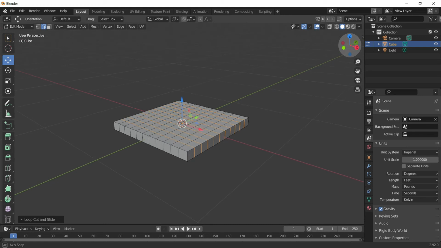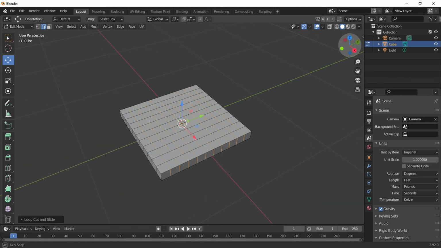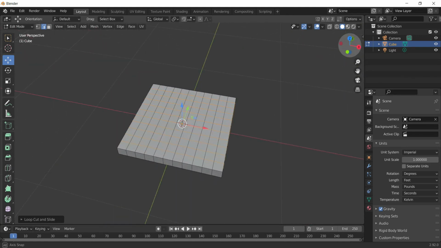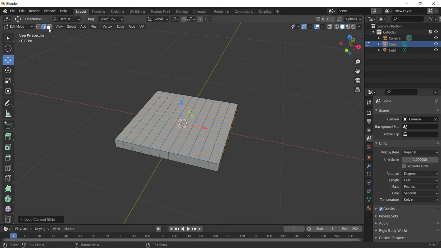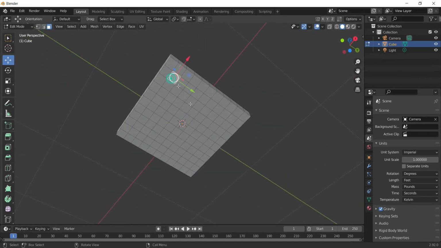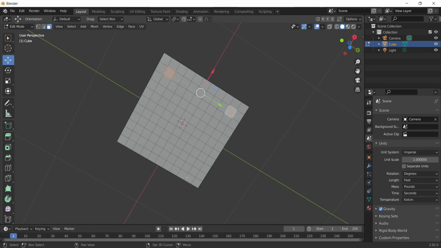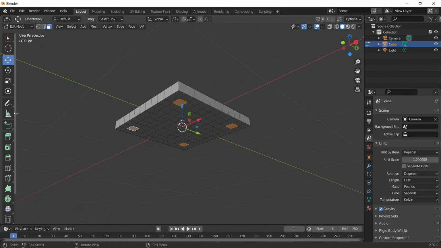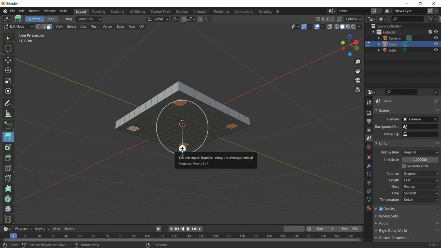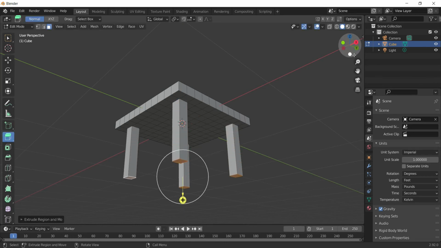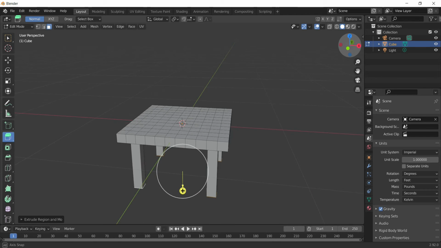And now I will use a second tool to make the legs of the table. So first I need to go to the face mode, because I need faces which I will use to make the extension as a leg. So what I'll do is I'll orbit to the base part and I'll select these faces with the shift key, and here I have the extrude tool, and click and bring it outside, and here you have made the legs.